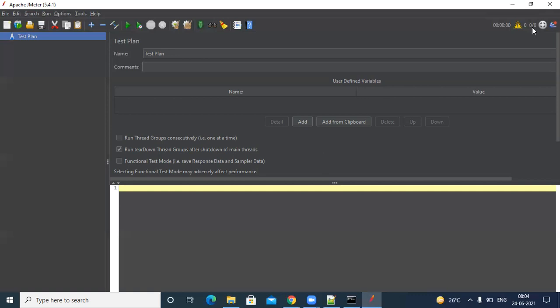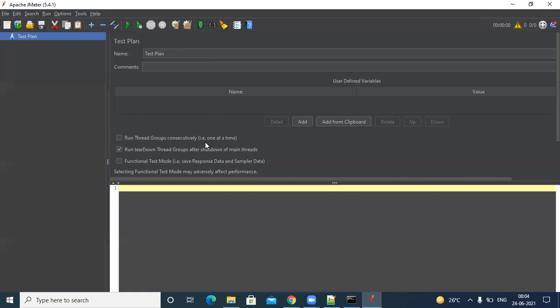So what will the JMeter guys do now? Suppose I have the source of JMeter, and I have written, I'll tell you when coding comes, a small code in JMeter to achieve some task. If I know this code might be helpful to someone somewhere in the world, someone can use it. If they don't know the coding, they can't write it. So in that case, we can contribute to the developers.